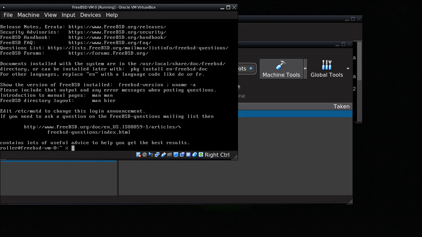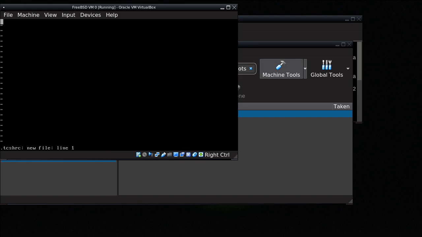And first thing I want to do is set up my shell. So let's just do vi .tcshrc, and now we can start creating a shell configuration file. So I like to use some color, so if you want your shell to look like mine, go ahead and follow these commands. I pushed I to start typing, and then I'm going to set red,